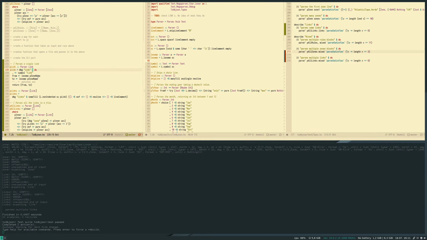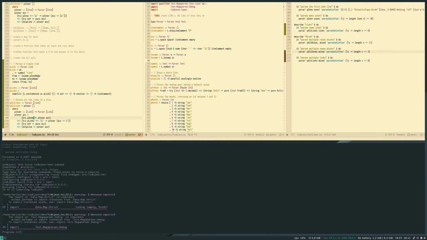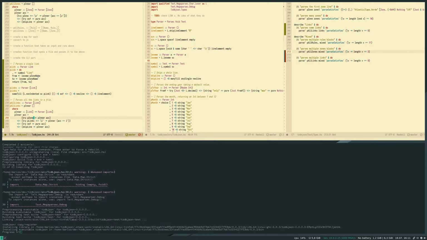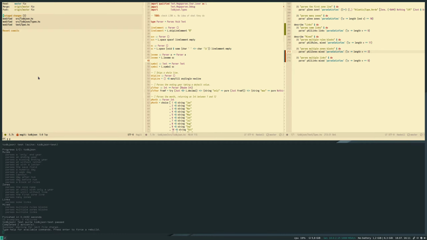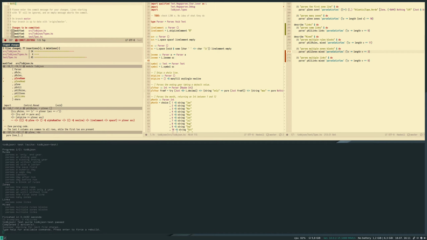So let's clean this up. We don't need the debug statements anymore. Don't need this. Can do this. We should be okay. I'm not sure if the ordering here is that important. I feel like it's not. So who cares? We can commit working link parser.